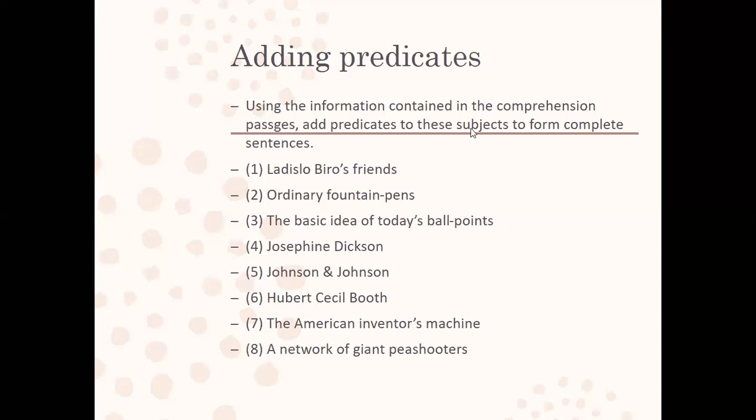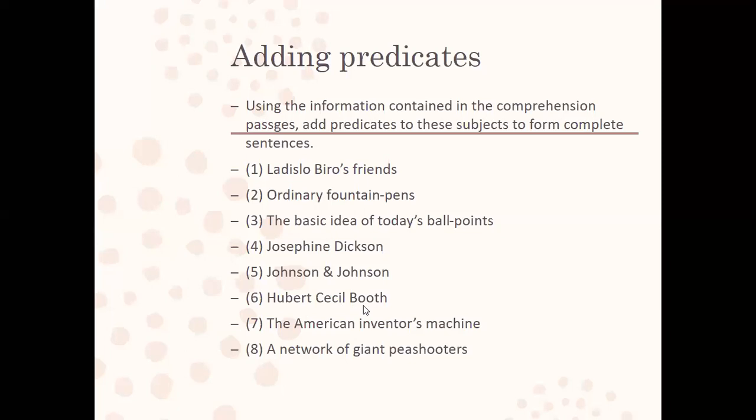Band-aid, Johnson and Johnson. Heard about the new bandages. They invented, they gave a brand to the band-aid. You can say that, and they manufactured the band-aid. Look at all the words and phrases. These all are the subjects. You need to put the predicate and complete these sentences by adding the predicates.